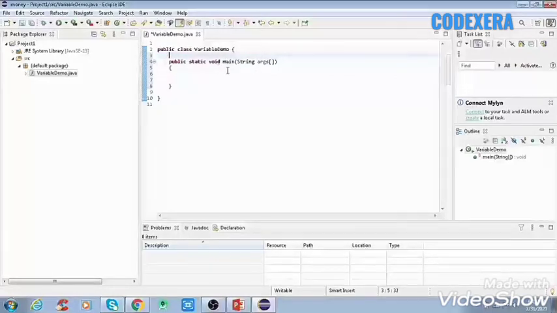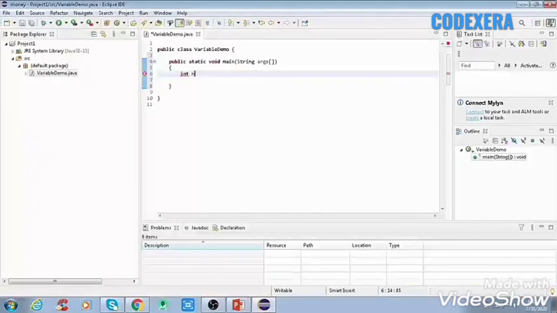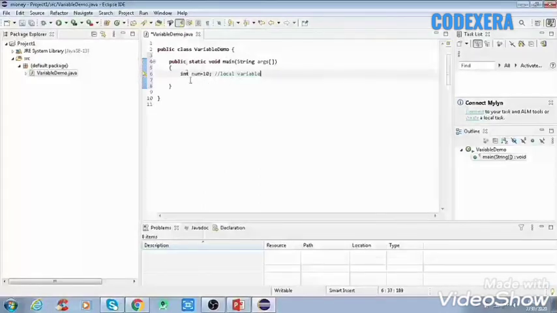So inside it we will create a variable, that is int num is equal to 10, local variable. So this is a local variable which we have declared inside the method. It will not be known by any other methods, it is only known by this method.